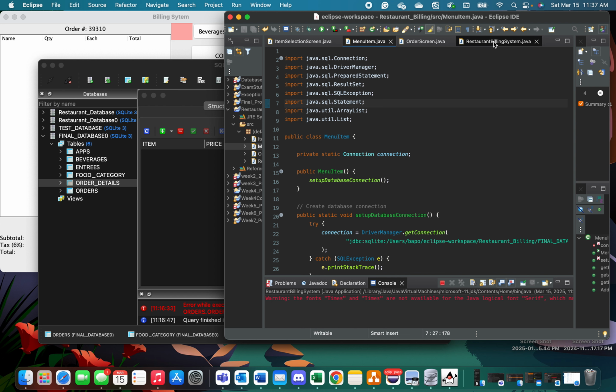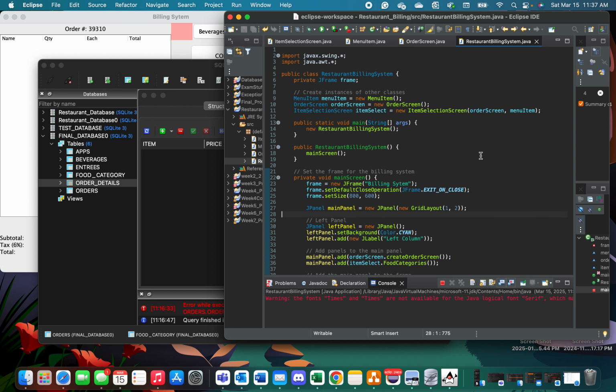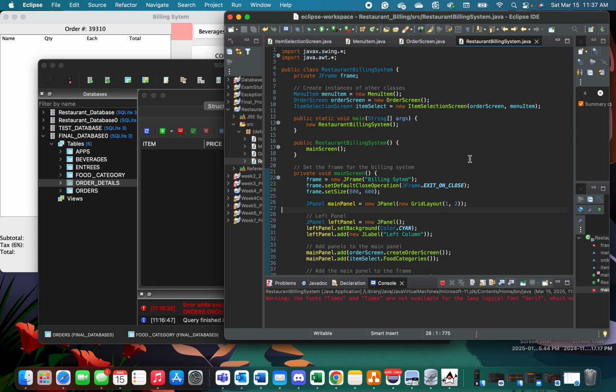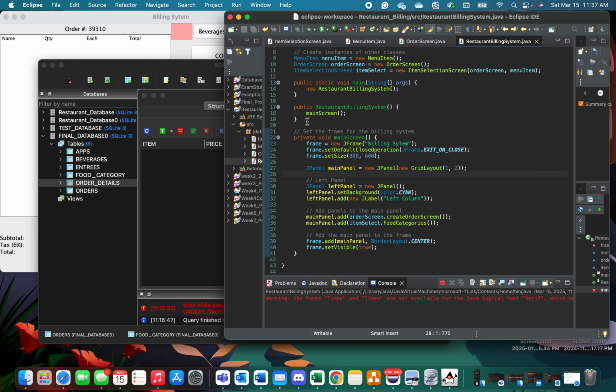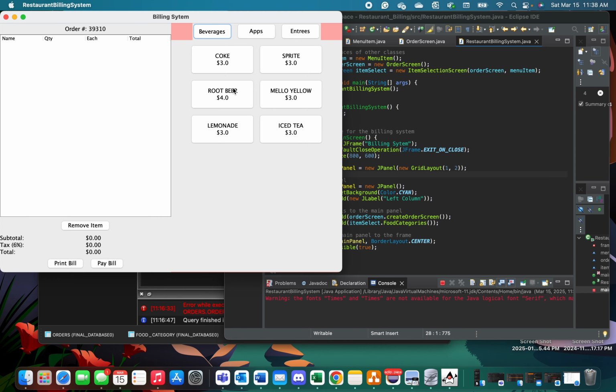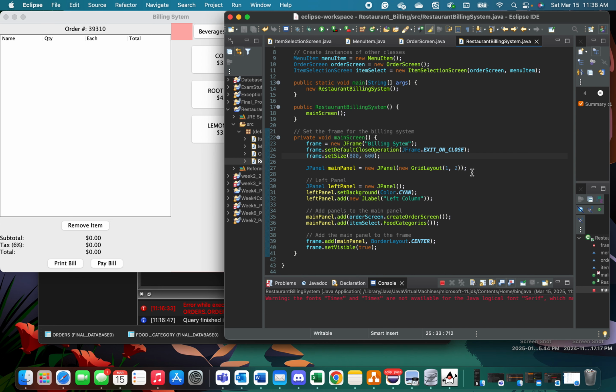This is going to be where the application launches from. So we have just the main frame, this whole section here, and then the two panels that are added onto it, the order screen and the item selection screen, or panels rather. Just use a grid layout on here. As you can see, we have, like I said, the order screen and item selection screen that are added onto it. So if we go over to the item selection screen,